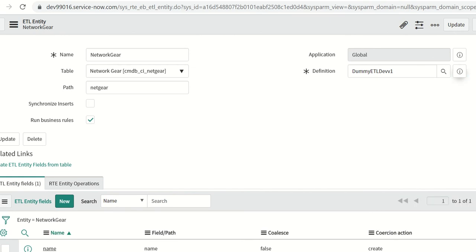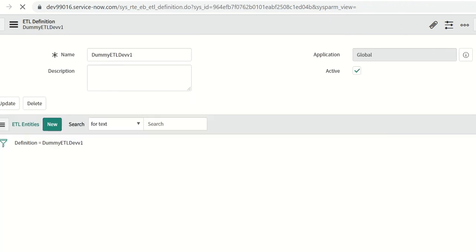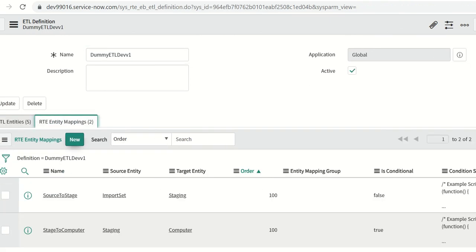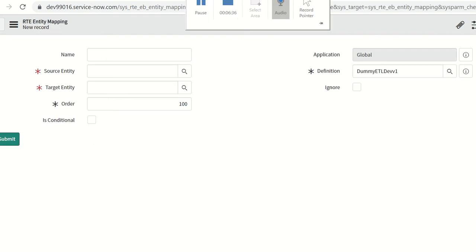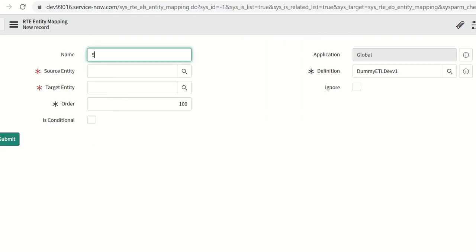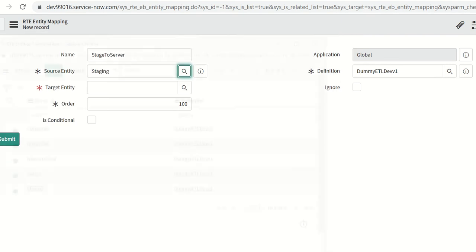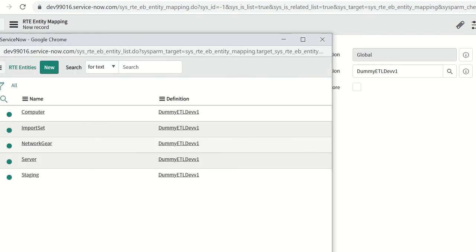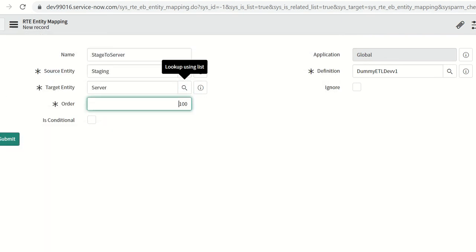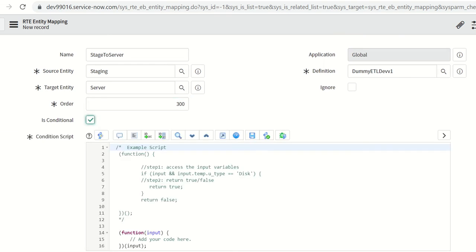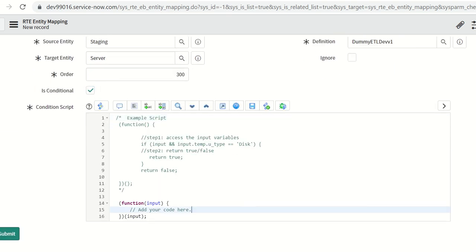So we have to go back to the definition and add two mappings. I'll call it stage to server, and source will be stage, and target is going to be server. You can keep the order as 200 or more, just set it at 300, and for conditional, they will say if